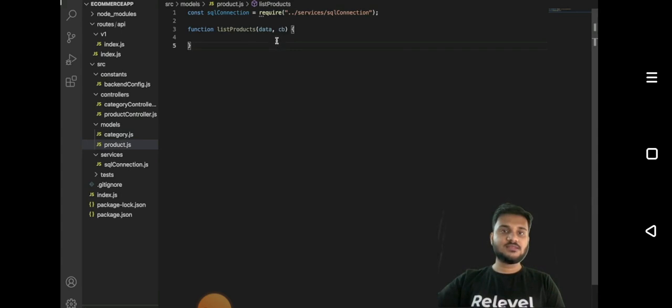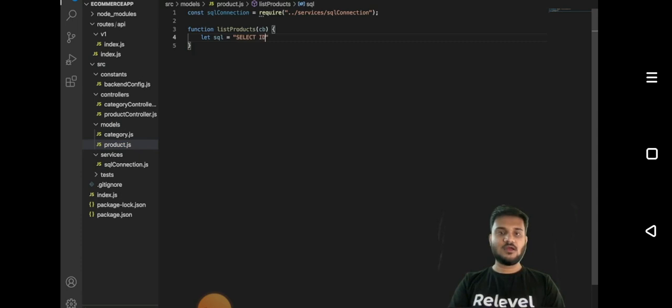But here, we could also pass a data, or for the timing we can even avoid data here because later we are eventually going to add it. Let's keep things simple and just pass the callback because we just want to list all the products. So we'll write a SQL, let SQL equals